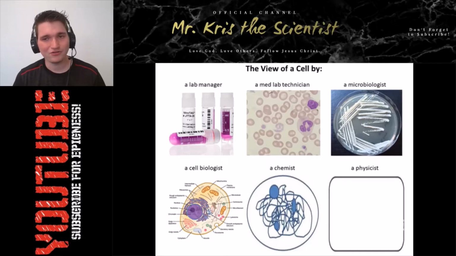This seems like it would be accurate. I could see this. Of course, a cell biologist would know the very intricate details of a cell, whereas a chemist wouldn't need to know as much, and a physicist, not as much either. A microbiologist, whenever I did stuff regarding cell cultures or whatever, that's exactly what it looked like, and we never went farther than that doing anything with it. It wasn't necessary for what we were using the cells for. But yeah, this is pretty accurate, I think.